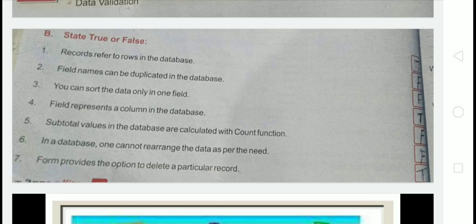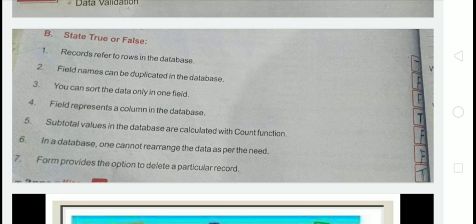Third is, you can sort the data only in one field. So this statement is false. We can sort data in any field which we want. Fourth one is, field represents a column in the database. This statement is true.